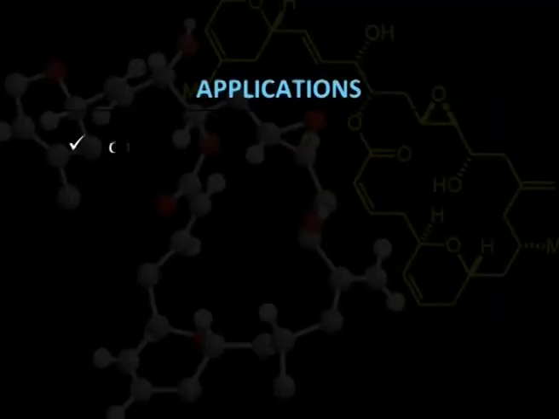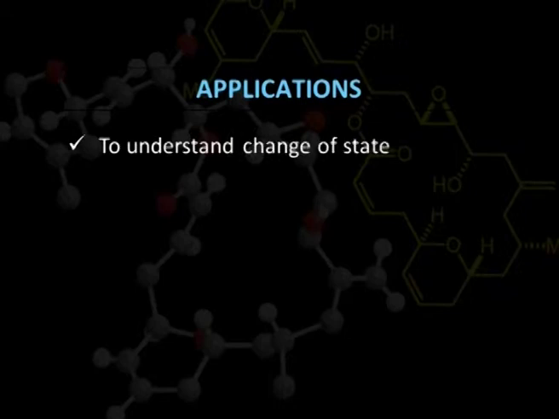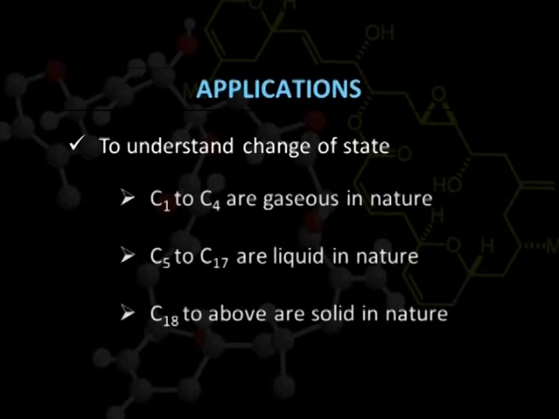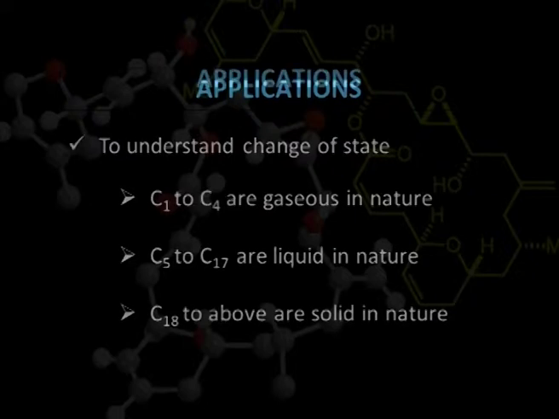With the help of these values of boiling points of alkanes, we can understand why methane, ethane, propane and butane are gaseous at room temperature, and the state of the subsequent alkanes changes to liquid and then finally becomes solid. Therefore, change in state is also observed. For example, we know that the first 4 alkanes are gaseous in nature, but from pentane onwards the state changes to liquid.